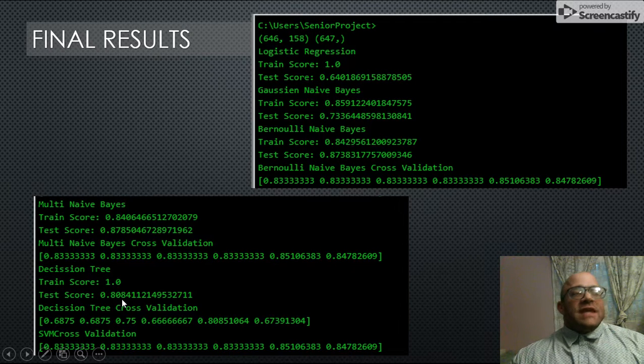The decision tree in this actual run came all the way up to 80%, and ranged with the cross-validation from about 70 up to 80%, which solidified my confidence in that. The SVC cross-validation actually brought me all the way up to 85%, which I thought was very exciting.